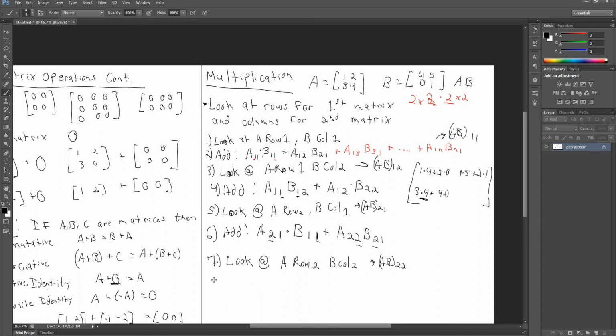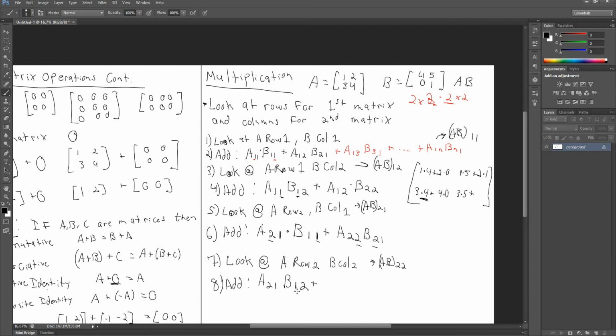So I'm going to add. I have A, 2, I'm always starting at 1, and B starting at 1, 2. So that would be 3, that's row 2, column 1, and then row 1, column 2 is 5, so I have 3 times 5, plus,